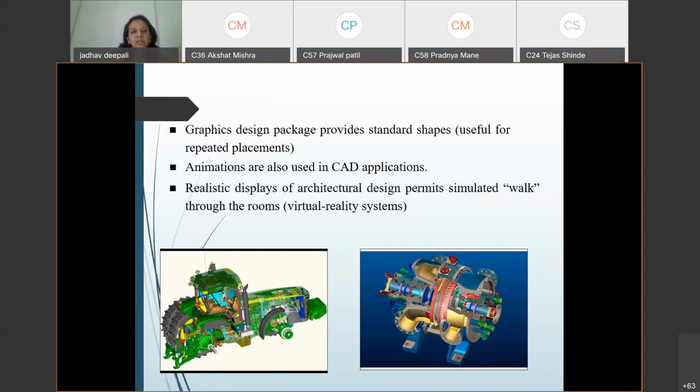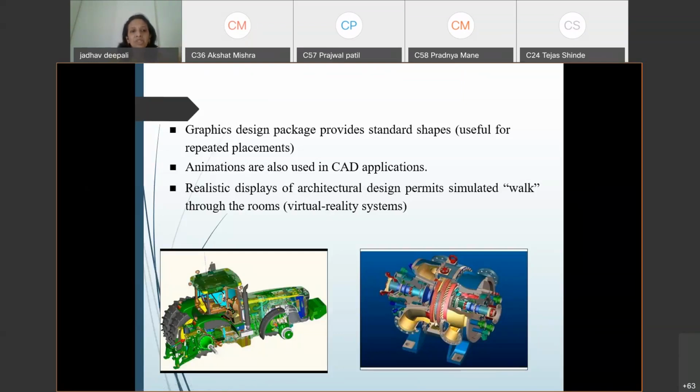If you are using it for the structure of a building, you can use block structures. So standard shapes are available in most of the packages. Animations are also used in CAD applications. Realistic animations are used, meaning you can see a particular car there if you want to buy it.